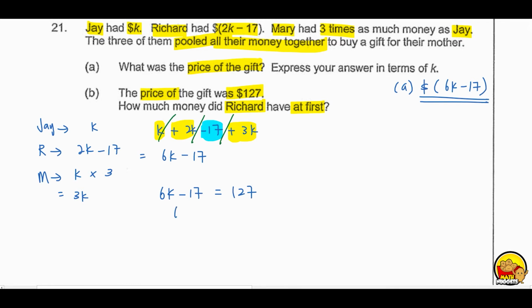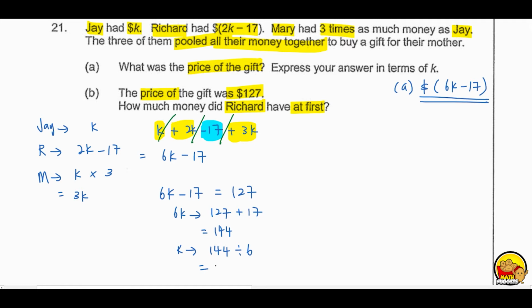So then we know that 6K would be 127 plus 17. 127 plus 17 is 144. So we need to find K, would be 144 divided by 6,